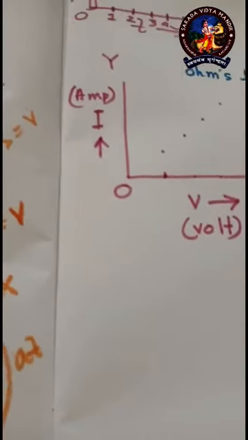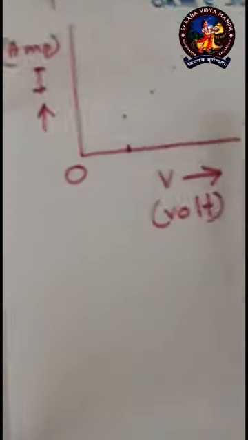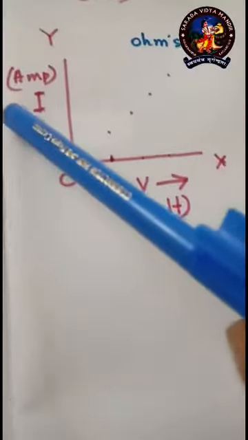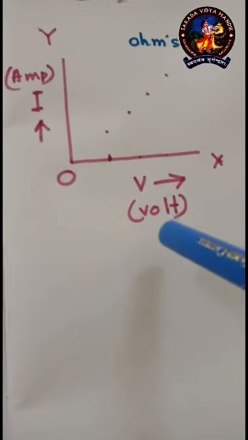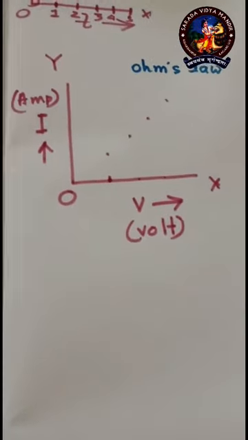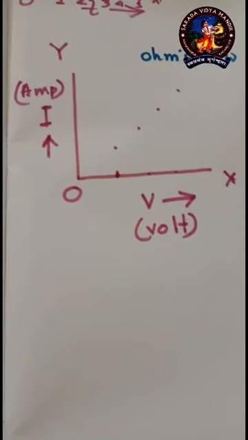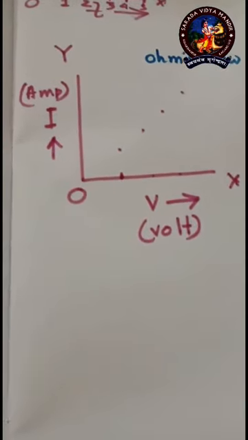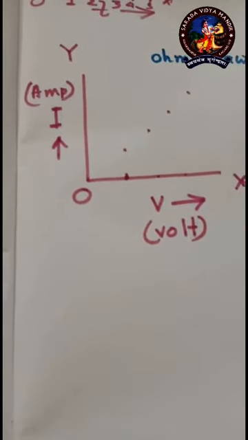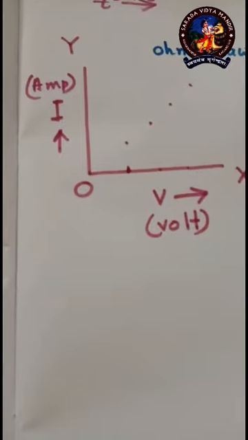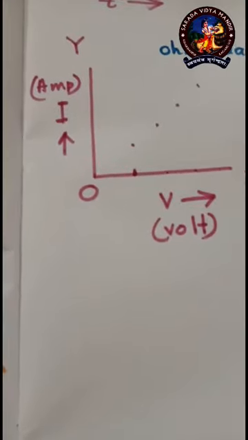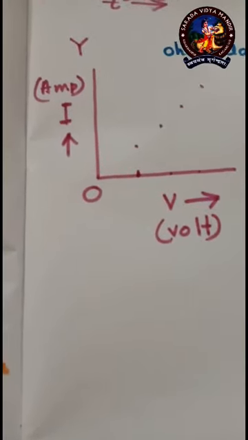Now comes to Ohm's law. Now what are the two variables we have to go with for Ohm's law? Voltage and current. That is, if we are just going for unit, it will be volt and it will be ampere. That is, through a circuit, if we are changing the potential that is acting through the circuit, that is, if the potential of the circuit is getting changed, then we can say that the EMF of the battery is getting changed. Then we can say that the current is also getting changed.